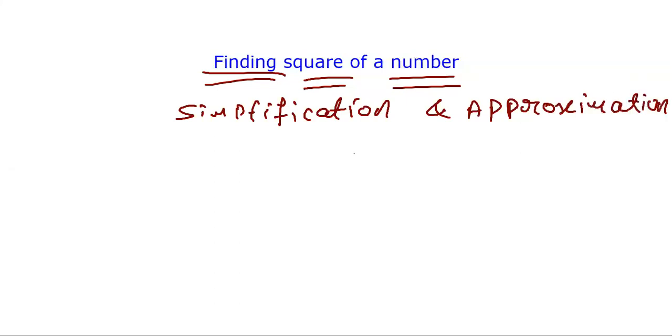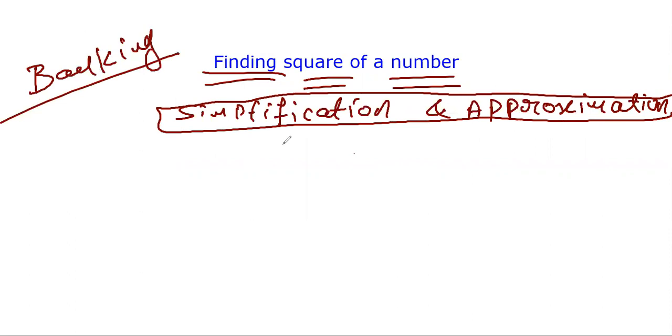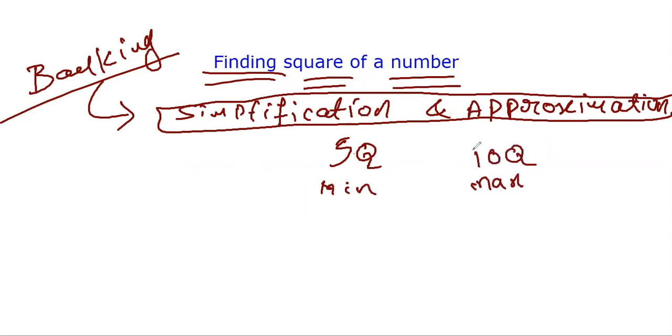Generally, in your prelims examination of banking examinations or any other competitive examinations, especially banking examinations, in simplification and approximation you'll get a minimum of 5 questions, sometimes a maximum of 10 questions also they will ask you. But while you are solving the simplification concepts,